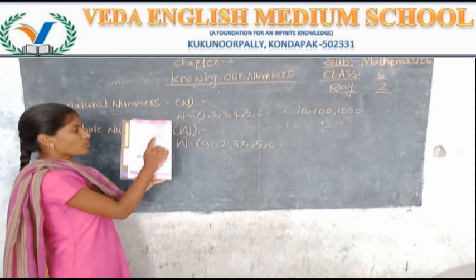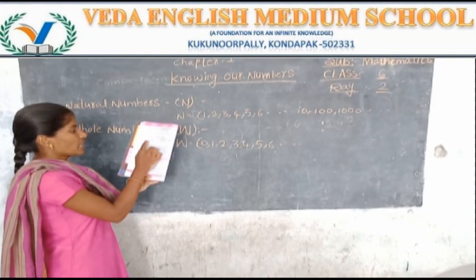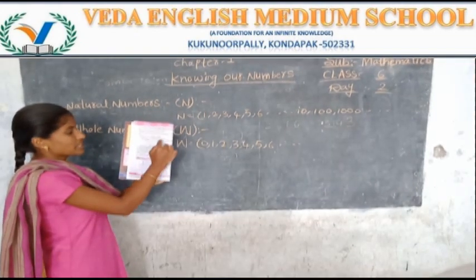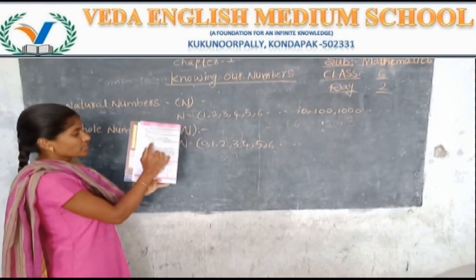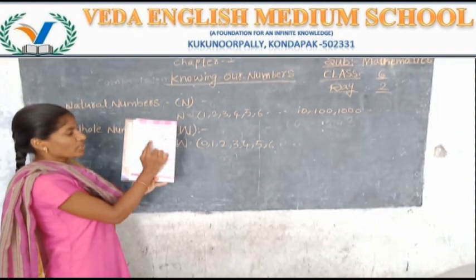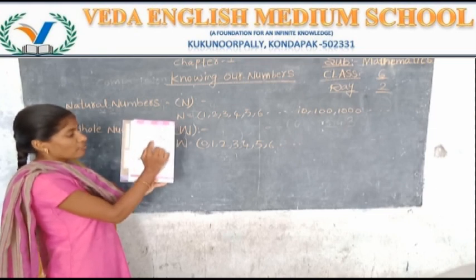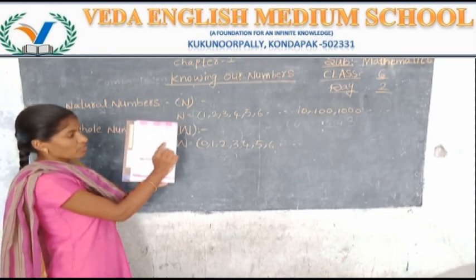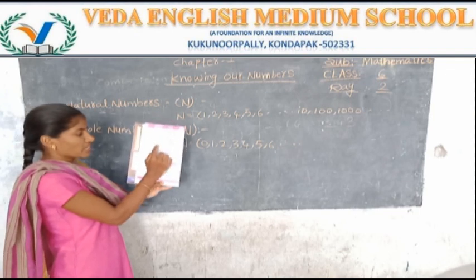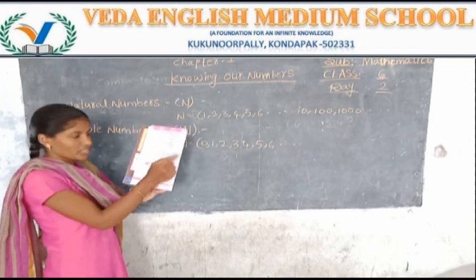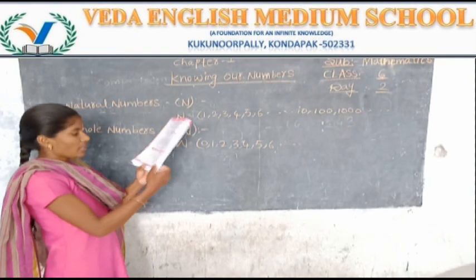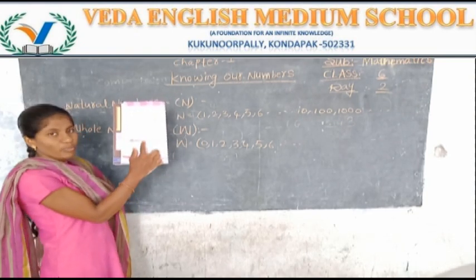Identify the greatest and smallest among the following numbers. Now they have given serial number, numbers, greatest number, smallest number. First one: 3845, 485, 34, 1345. They have written the greatest number and the smallest number. The remaining second, third and fourth ones you have to complete in your textbook. Afterwards, here we have exercise 1.1.